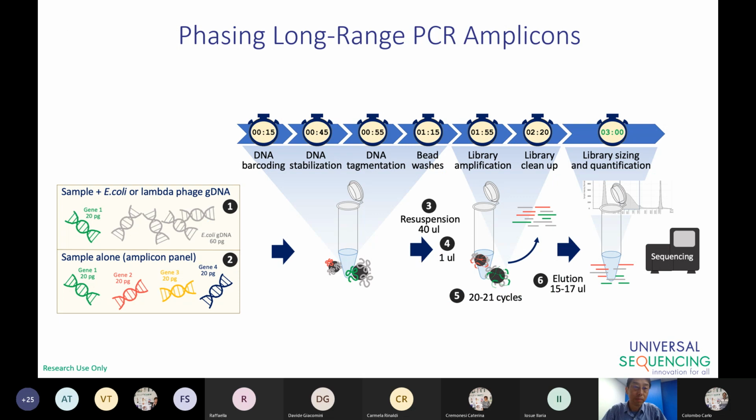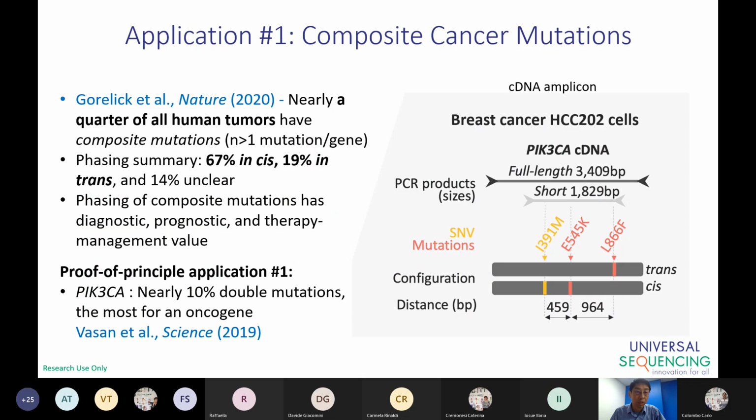Another way for the phasing application is, if we have a good long-range PCR amplicon, you can use our protocol to phase it efficiently. Here, I show you 2 examples. So one example is